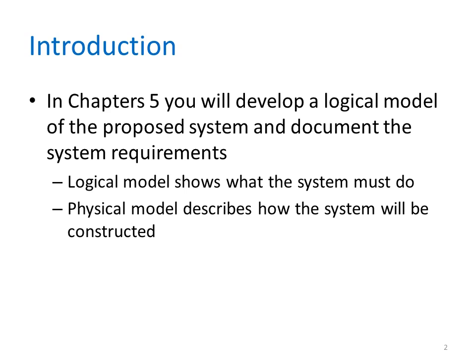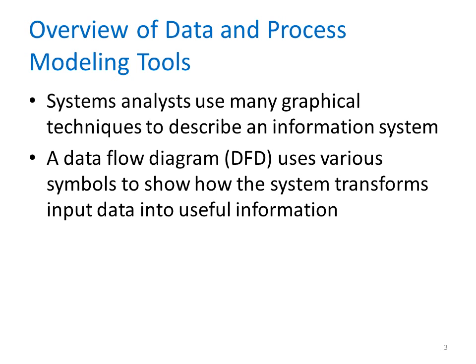Data and process modeling involves three main tools. The first is data flow diagrams, the second, the data dictionary, and third, process descriptions. A data flow diagram, or DFD, uses various symbols to show how the system transforms the input data into useful information. Other graphical tools include object models, which are explained in Chapter 6 of the text, but which we will not cover during this course, and the entity relationship diagrams, which are described in Chapter 9 in the data design